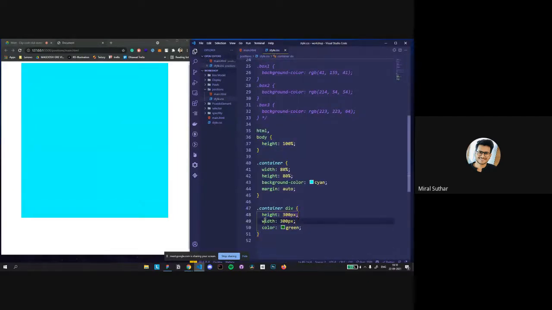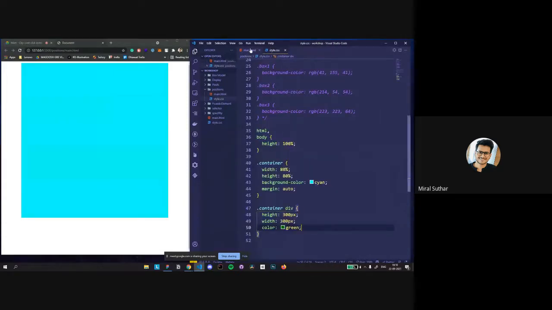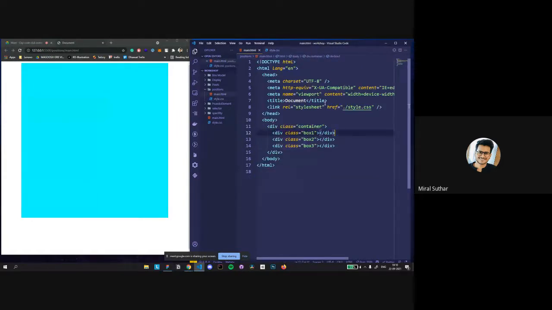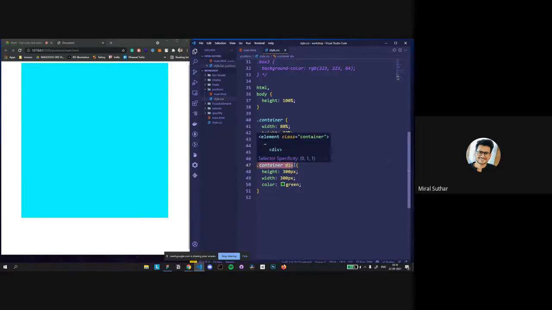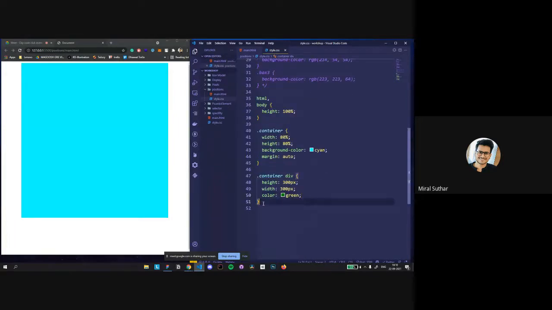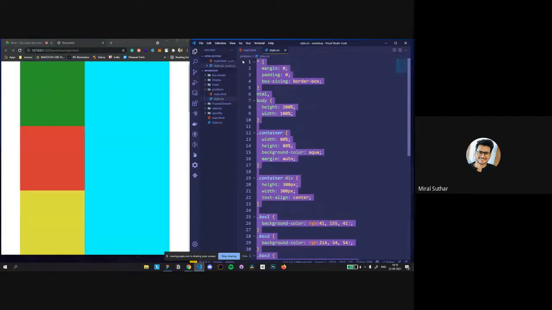Container div, height and width of 300 pixels and color green. I don't know why it's not applying, but if you're going to go for position, just go with this.